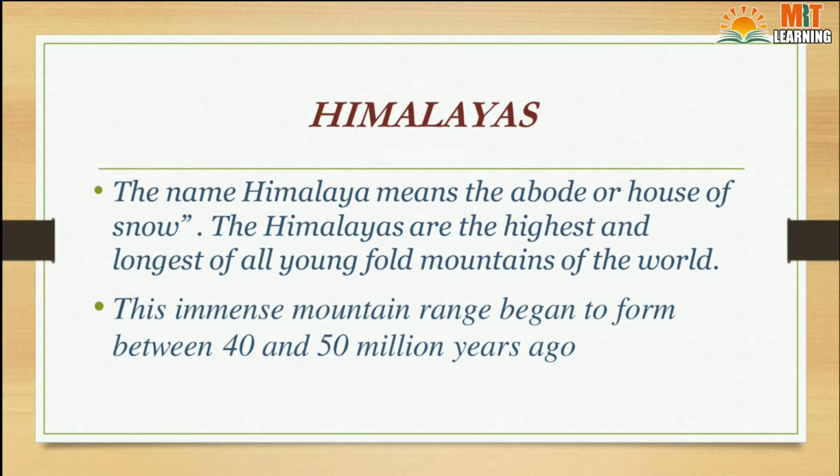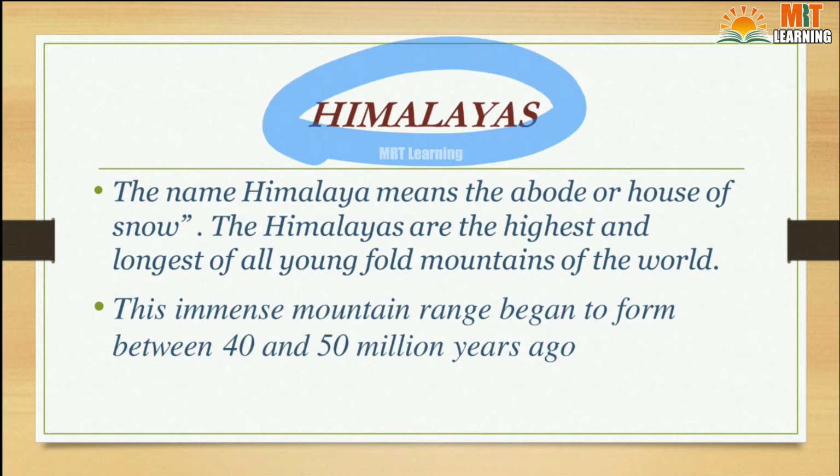Himalayas play a vital role in India's climatic conditions. Why? Because they are located in the north of India and act as a barrier to stop the cold winds coming from Central Asia. If the Himalayas were not there, what would happen? India couldn't be good in agriculture, because of those cold winds it might become a cold desert also. So Himalayas play a vital role in the climatic conditions of India.